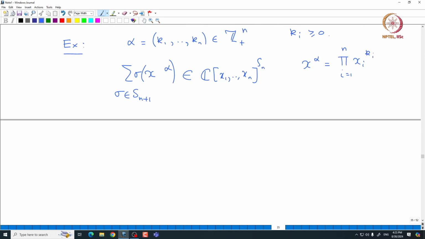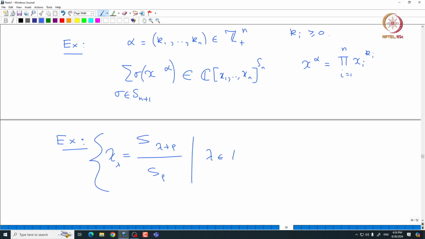That is something one can easily verify. Here is another basis, given by S lambda plus rho divided by S rho, which is chi lambda, the Schur polynomials. If you take this chi lambda, where lambda comes from lambda plus, this also forms a basis